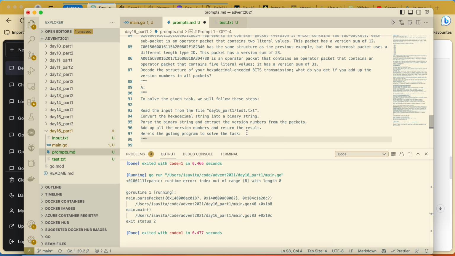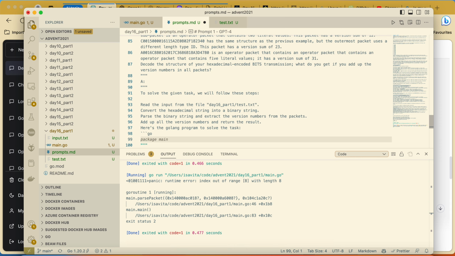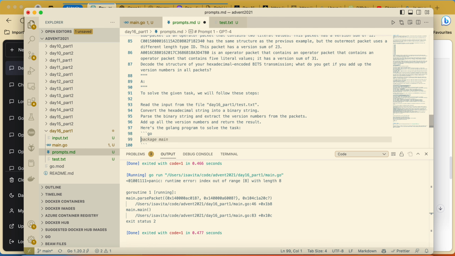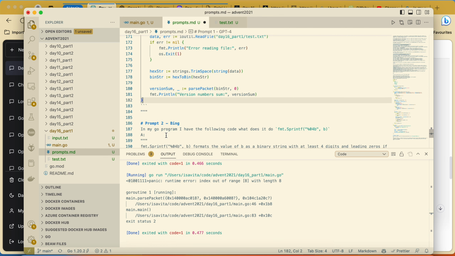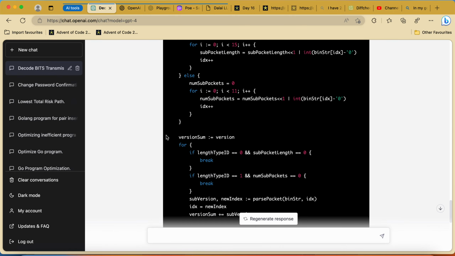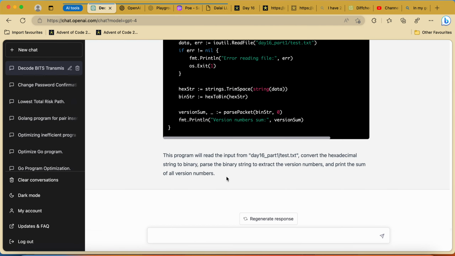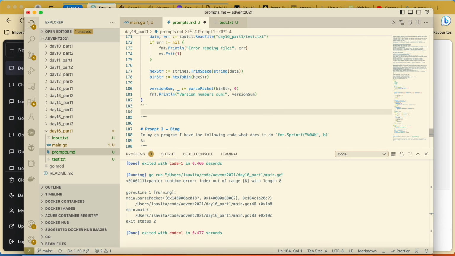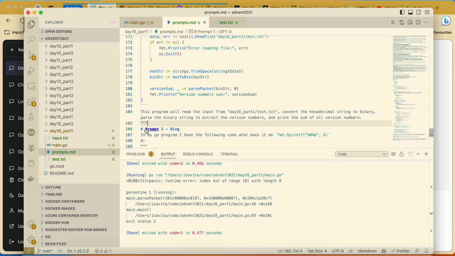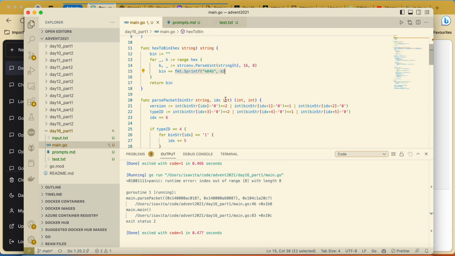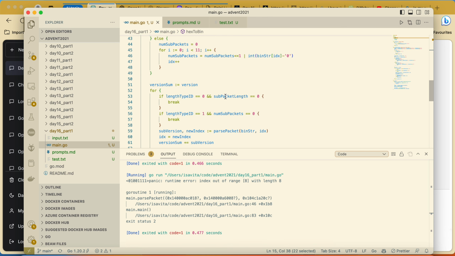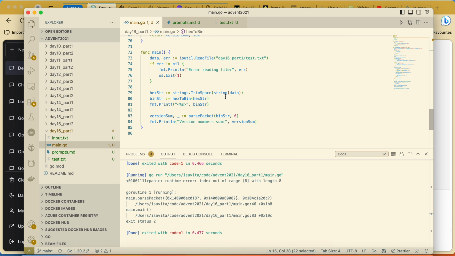When we look at the Go program, okay, let's go to the meaty details, because here is the main part of the logic.